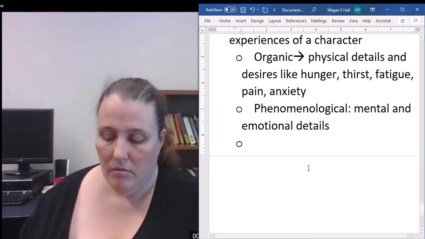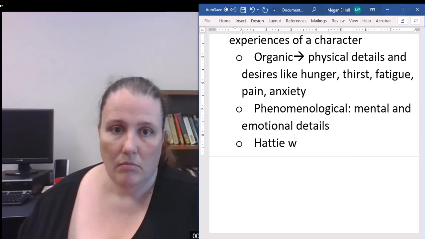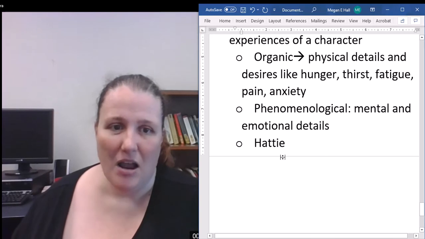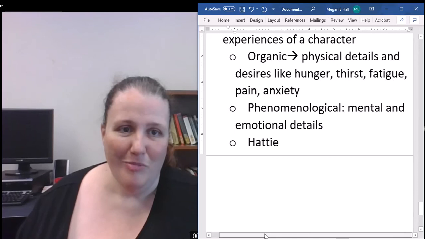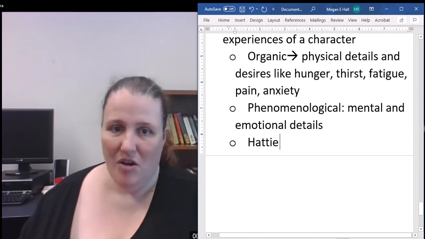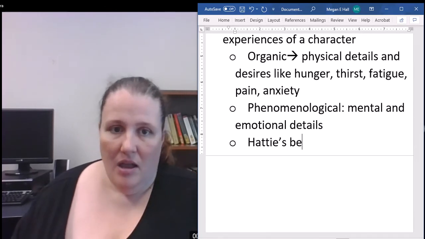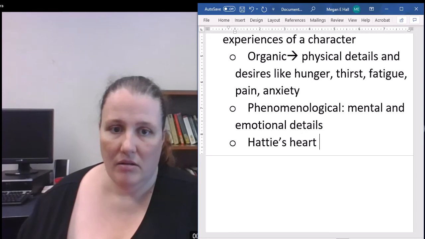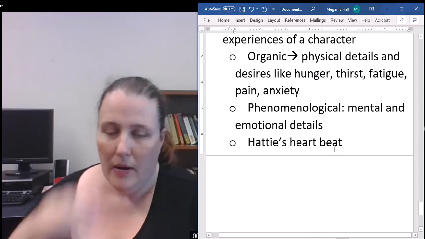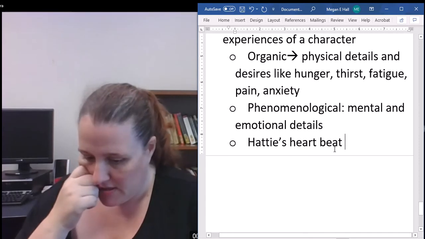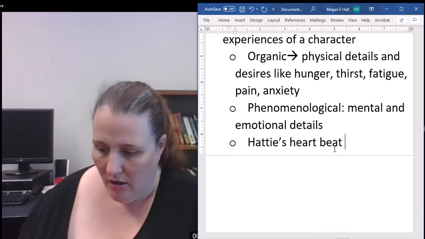So an example, let's describe somebody who's having some anxiety. I don't want to tell you that she's having an anxiety attack. I want to show you with my imagery. So I almost did some telling there, but then I pulled back. So Hetty's heart beat. I want an interesting comparison here. Hetty's heart beat